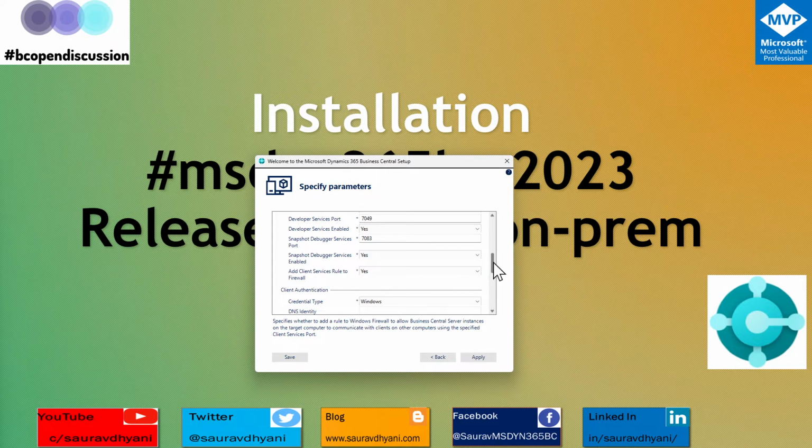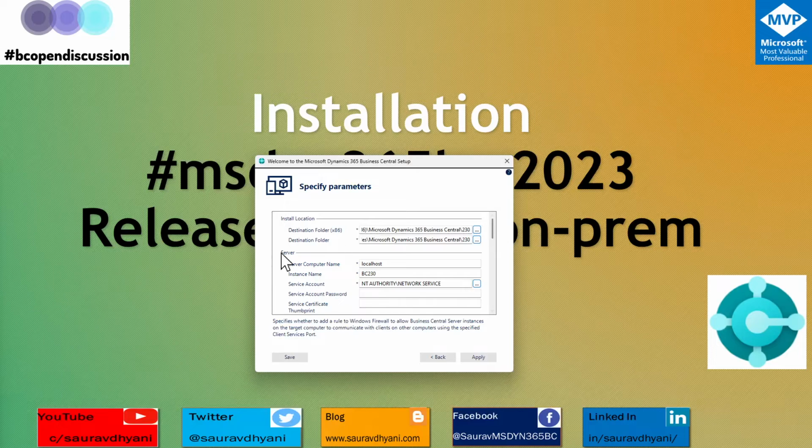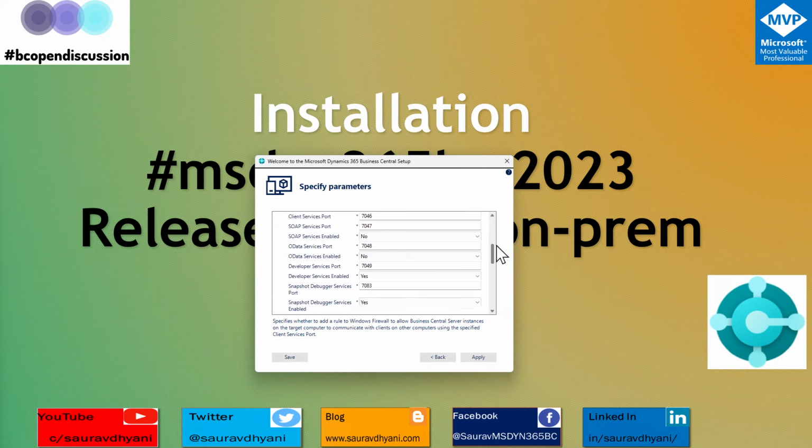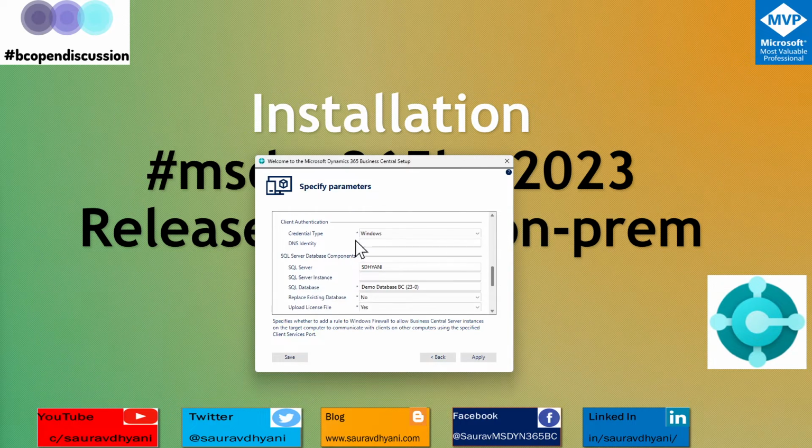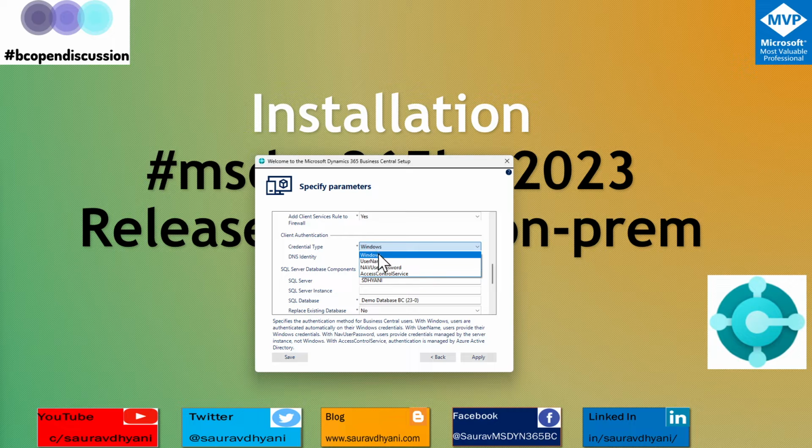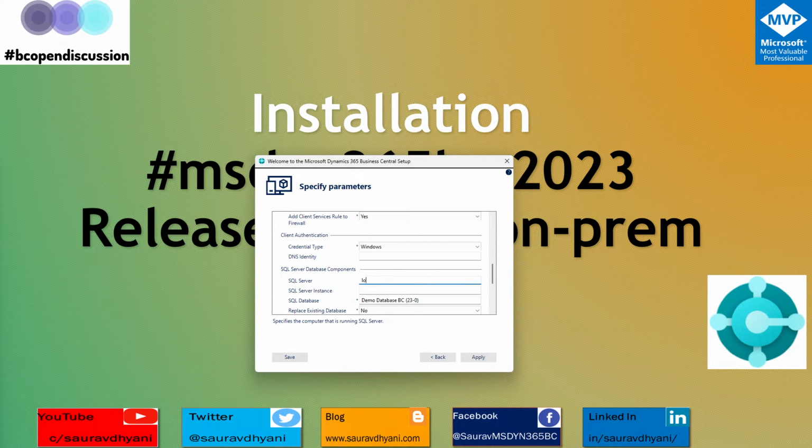More or less done on the server side. So this component you will also see when you are installing the service tier on the server. Coming down is client authentication. I'll be using Windows in this machine at this moment, and then here is my SQL Server detail. So what I'm saying, my SQL Server is localhost, and the database name that will be created is Demo Database